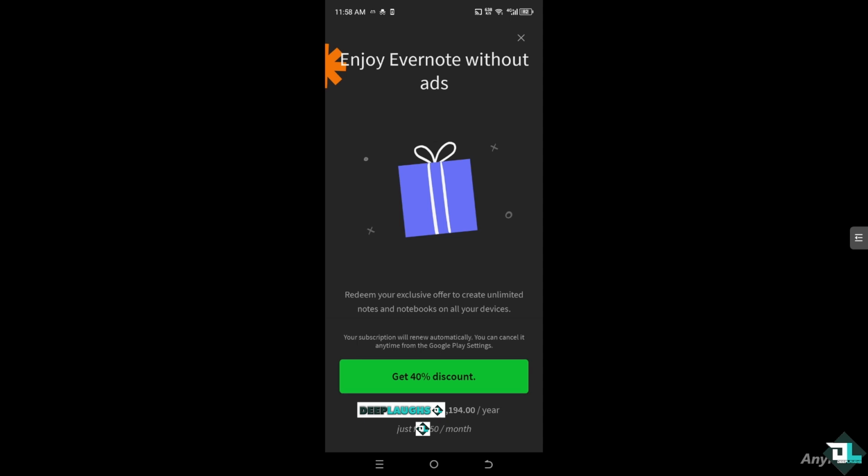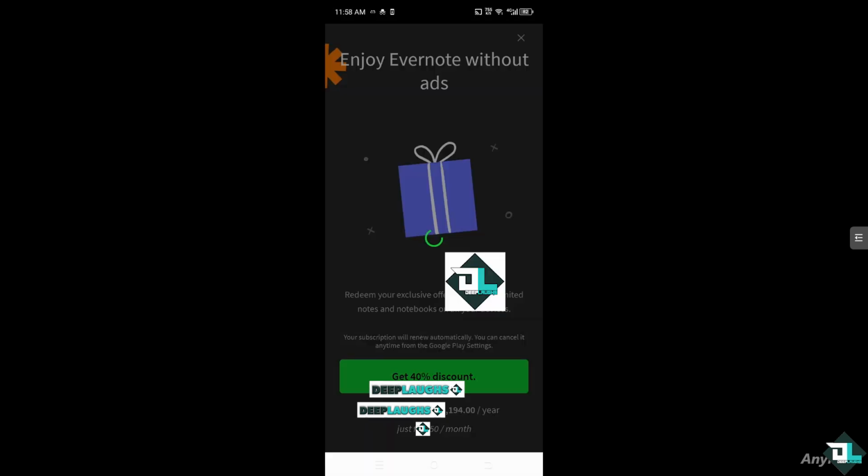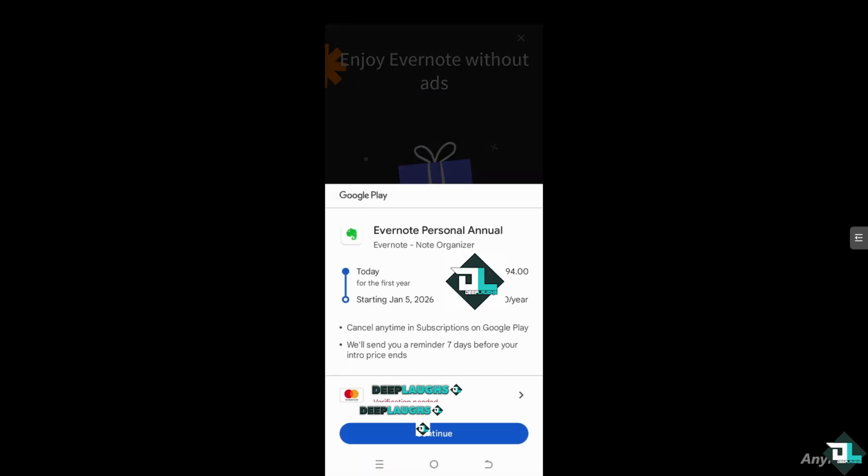So let's try that. Get 40% discount. What will happen is it will be forwarded here. And all we have to do is click on the continue. Again, you can cancel anytime in subscriptions on Google Play. If you're using an iOS, you might want to do that on the Apple Play Store. And they will send you a notice 7 days before your intro price ends. If you click the continue button, what will happen is